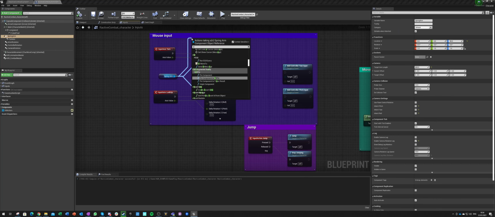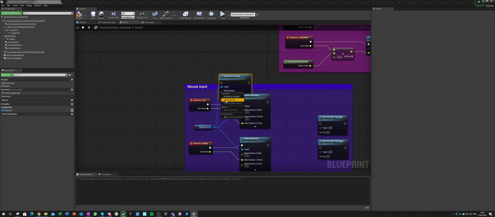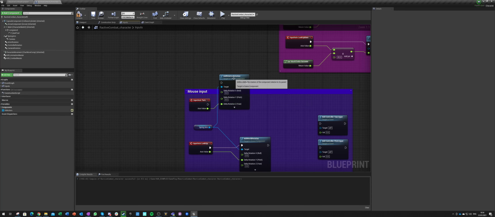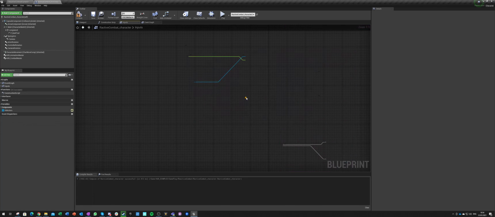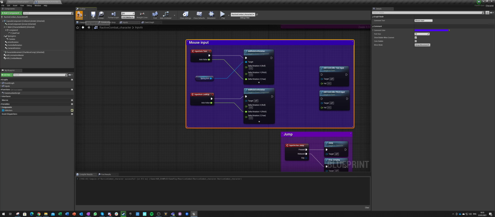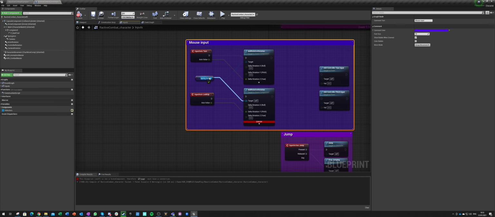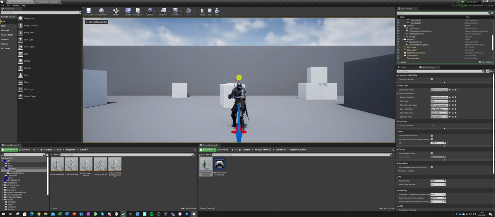Not world, but add rotation, and this will be relative, I guess. Split, pretty sure it will be relative. So this, and, oh, and this. Let's see if I haven't broken anything.